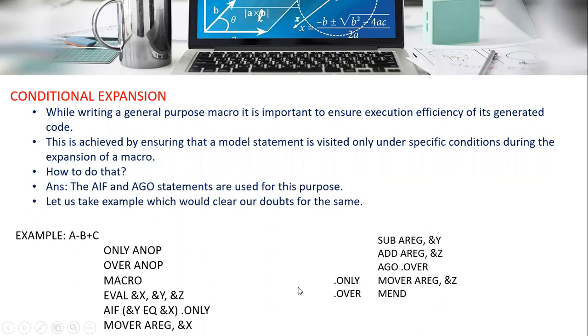Over. Now in this case what happens, if our condition, that is y and x equality condition, does not satisfy, then we can execute or expand this particular statement, that is MOVE R SUB ADD AGO. These statements were expanded, and the given statement MOVE R A register does not expand if the condition is not satisfied. That is, according to the condition we perform the expansion of that particular macro, and at the